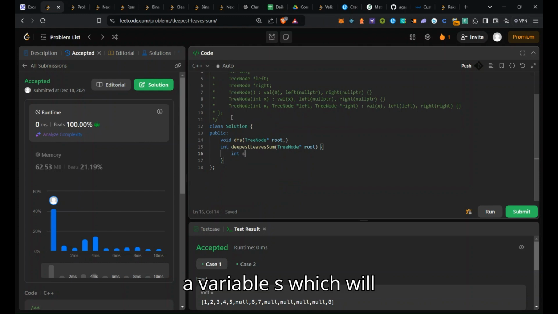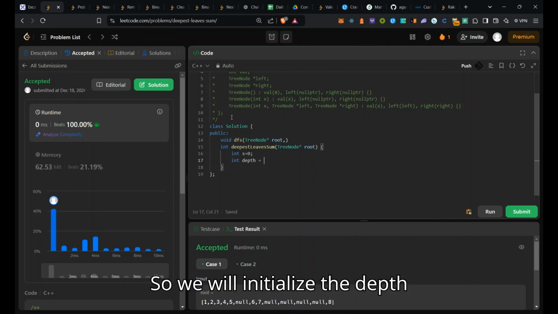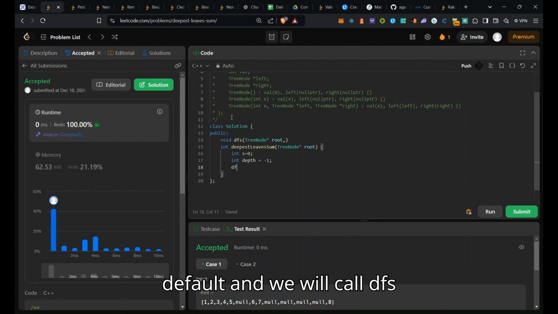A variable s which will contain the sum. Also we need to track the depth of the tree, so we will initialize the depth to -1 by default, and we'll call DFS